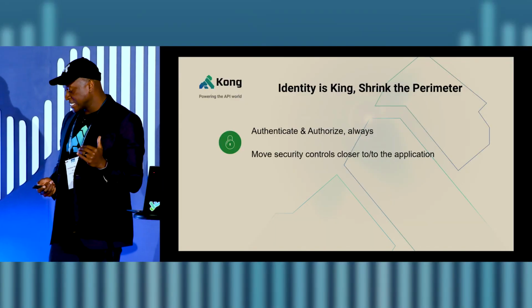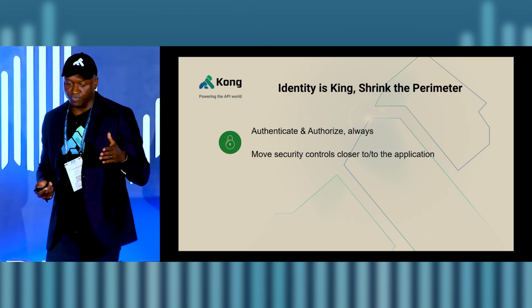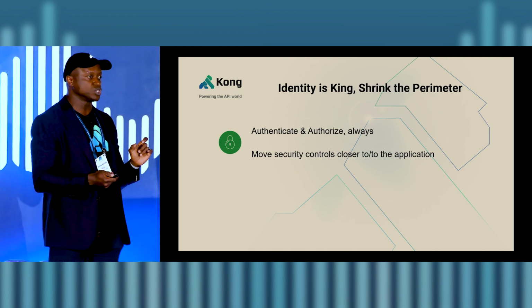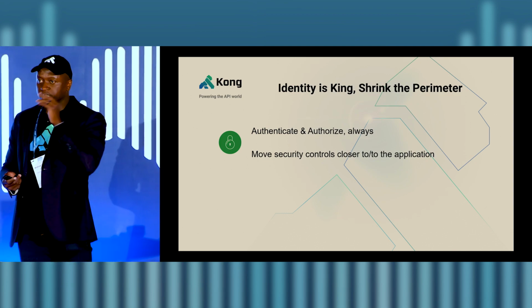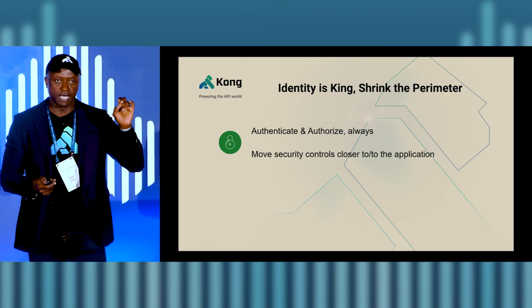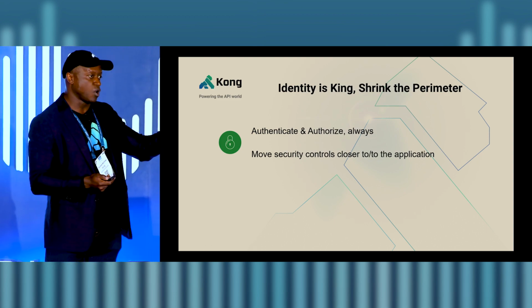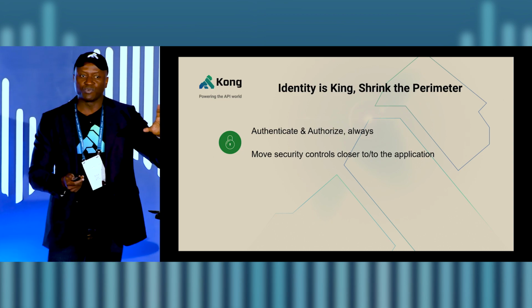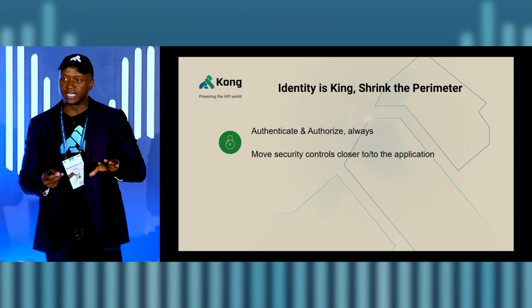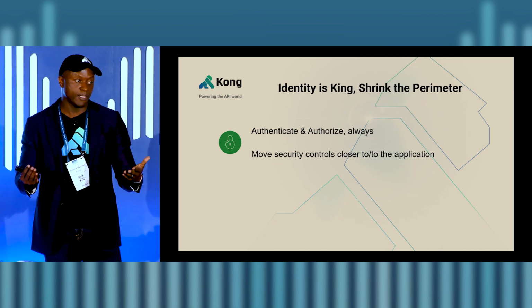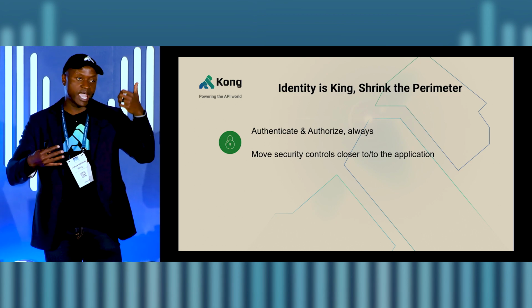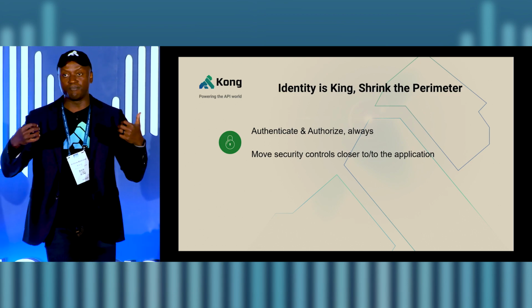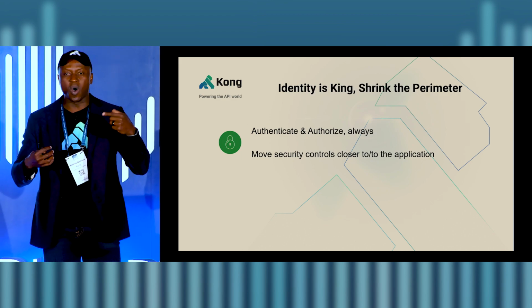Now, the next assumption from the publications revolves around identity, and this is how we begin to neuter the two previous assumptions. It's two things. One is identity, and that is that we want to authenticate and authorize always, right? We may think that this is happening, but this is typically not happening in our communications internally in our networks today. Typically, if you have a firewall saying entity A can talk to entity B, that is typically based on an IP address. It is not really based on the actual identity of the application, right?